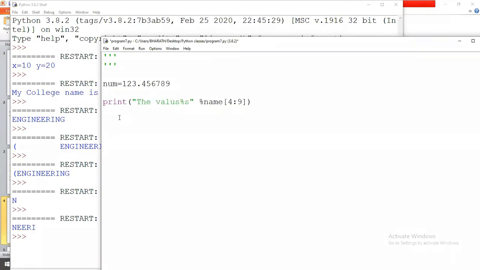The value is, so what is the control string? %f. Instead of %s, here we are using %f. And what is the variable name? NUM. So first we execute this.